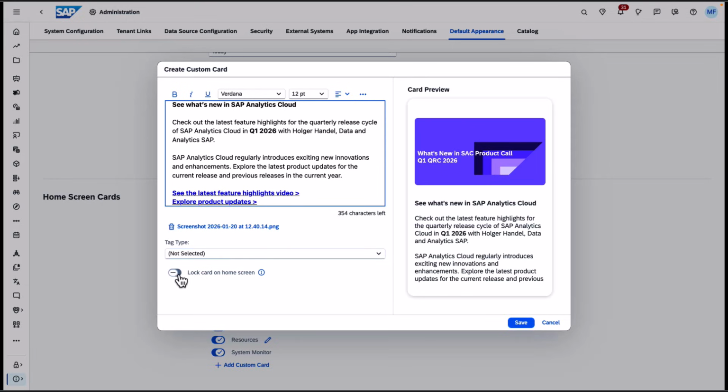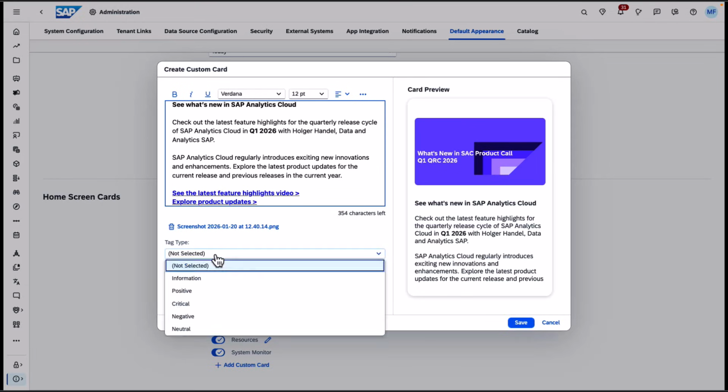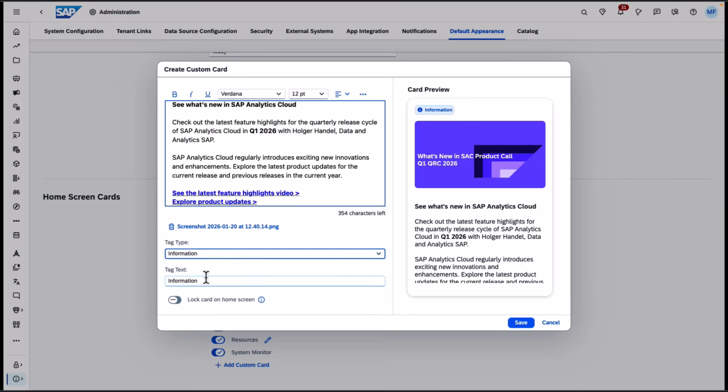Afterwards, I can also choose the tag type, what kind of tag I would like to add for this card, whether it's about information, a positive message, a critical, negative, or neutral one. As it's information, I would choose Information here, and then I can also change the tag text here and just write Updates. And the last step, again optional, that the administrator can do is